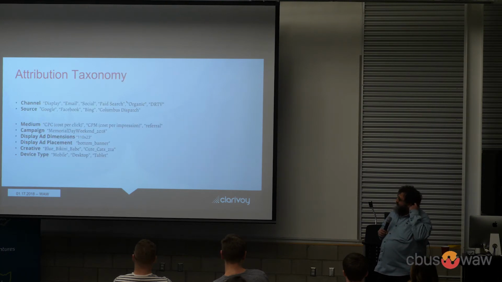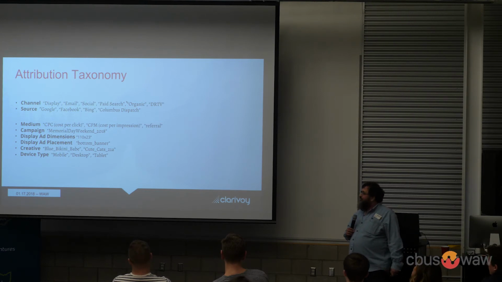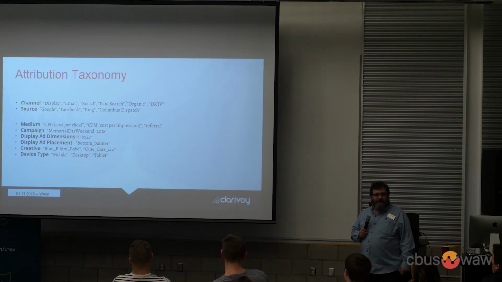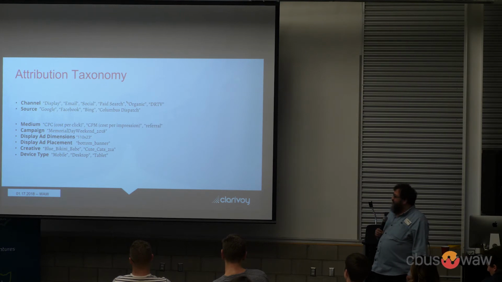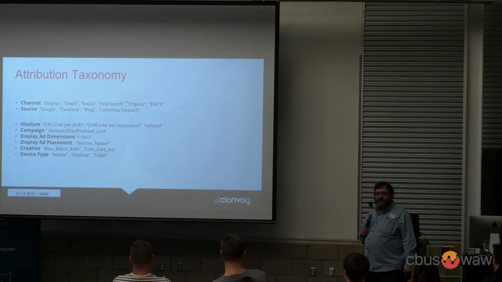So here are some types of things that we would classify in attribution. And channel and source are the most common ones we use at Clarivoy. Those are the main things that we're working with most of the time. But we have been exploring some other taxonomy groupings and starting to expose those in our data as our company and product mature. And these are some ideas that you could use. Of course, anything you're really interested in knowing about where the traffic came from, you can group the traffic that way. You could group it by zip code based on the IP address, and that could be an interesting grouping in your taxonomy.